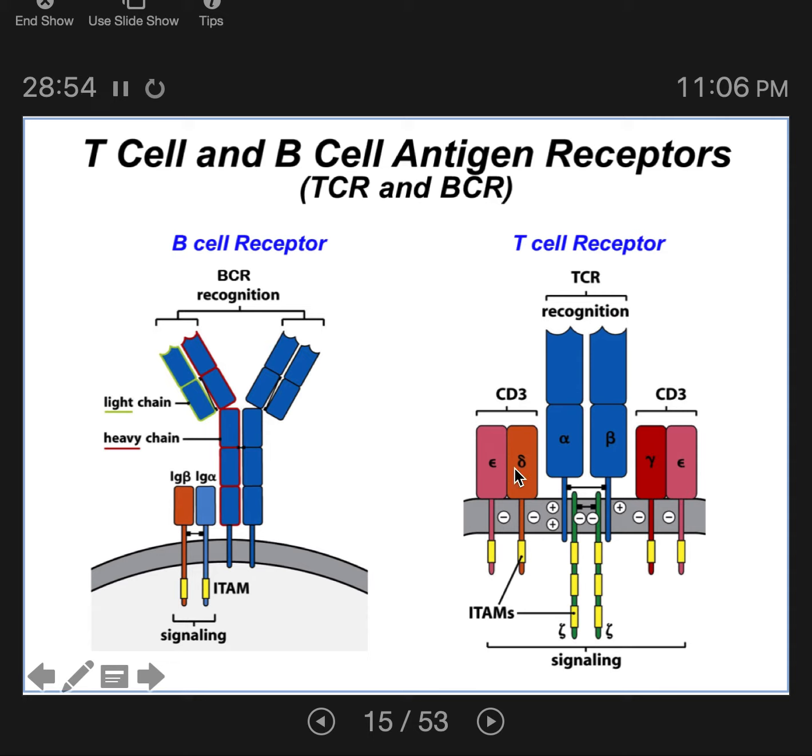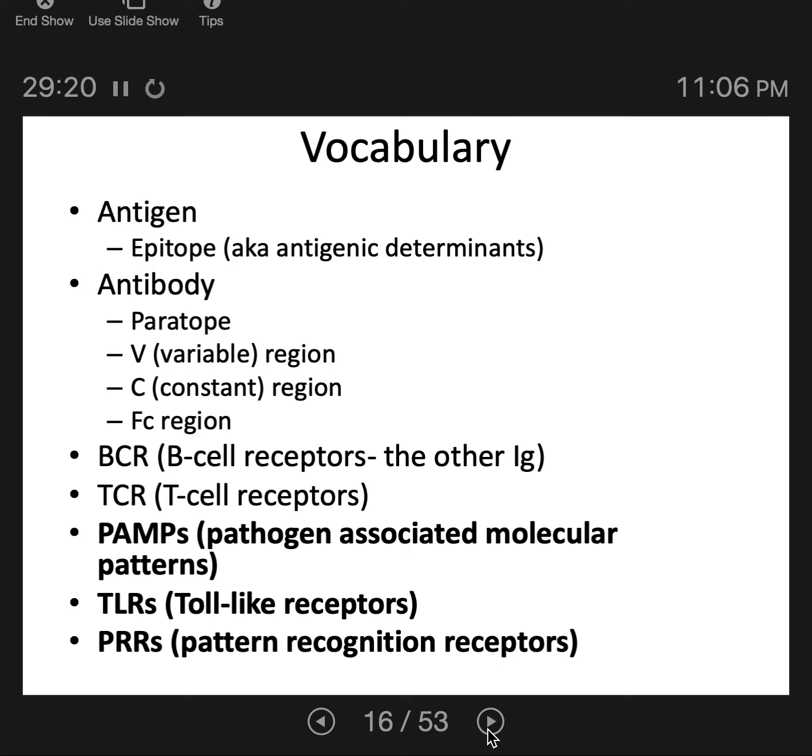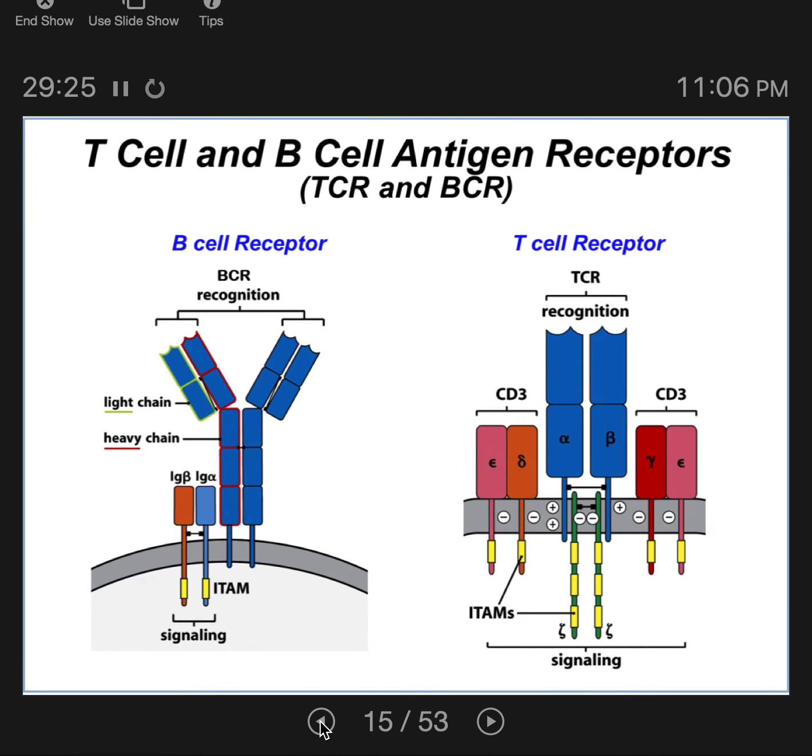receptors that are adjacent, and we'll get to these down the line. But they are for cell-to-cell communication within the immune system. So the T cell receptor here, it's binding to a pathogen. These clusters of differentiation, we'll come back to them later, but just know that there are these molecules here to help the T cell communicate with other immune cells. Because you have so many different kinds of immune cells, I'll just go back to this slide. You have so many different kinds of immune cells, and they're constantly communicating with each other.